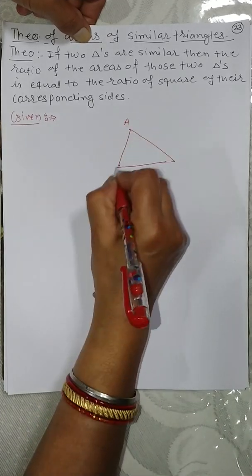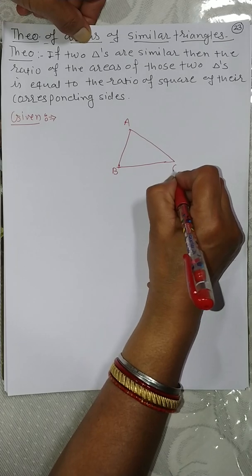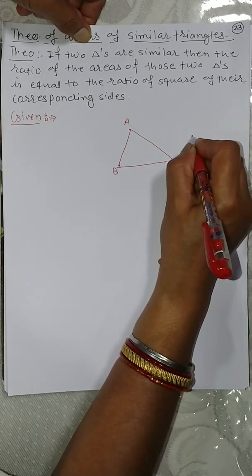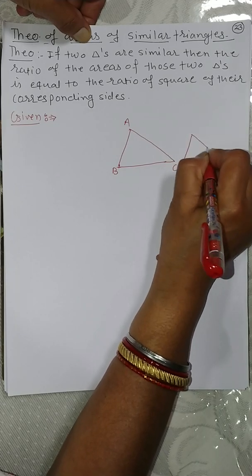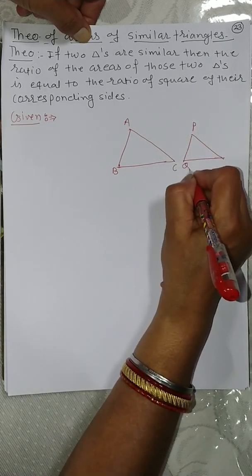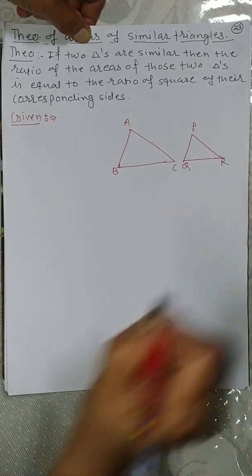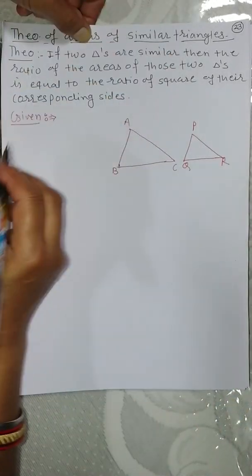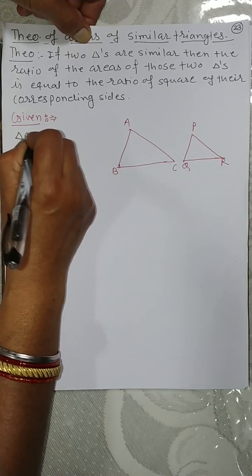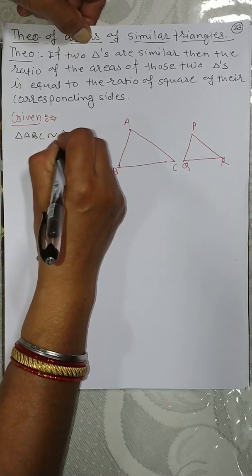Suppose it is A, B, C, and this is another triangle. This is triangle P, Q, R. These two triangles are similar. So given statement is triangle ABC similar triangle